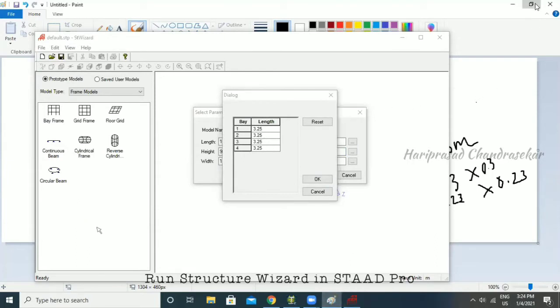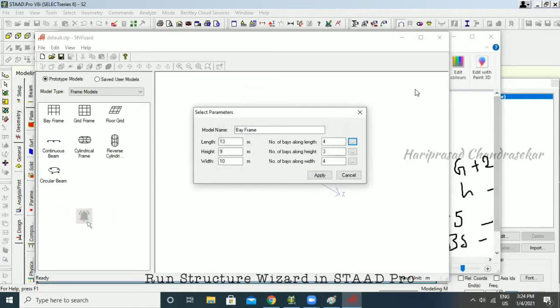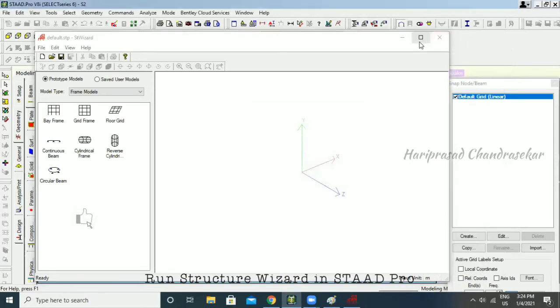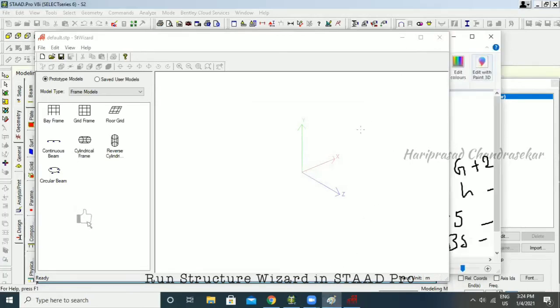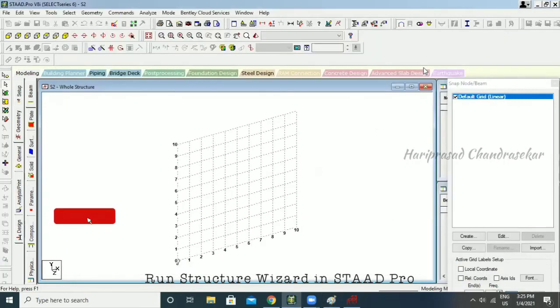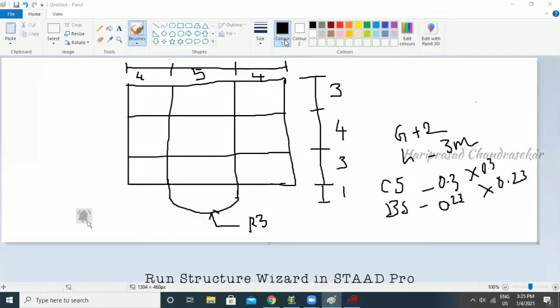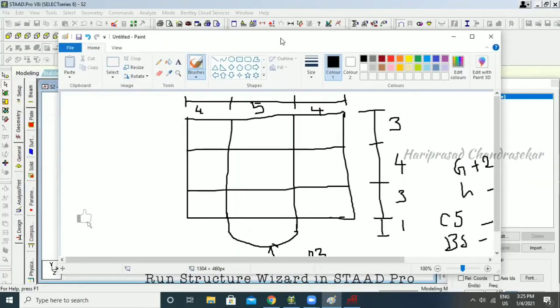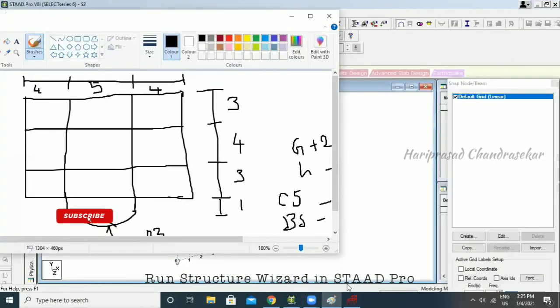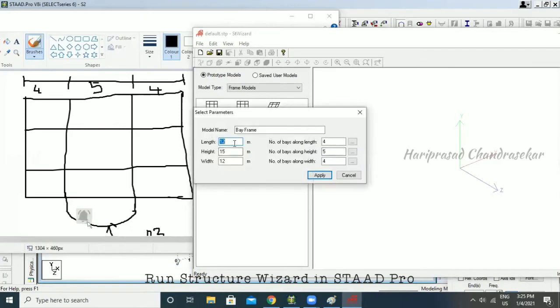For example, 4, 5, 4, and then 3, 4, 3. So if you're just putting, it will come at it gone.